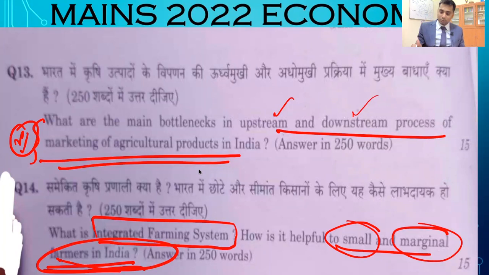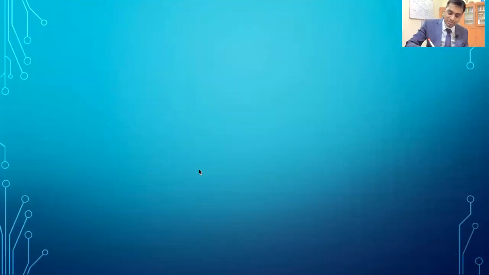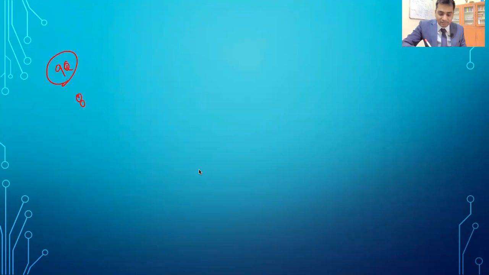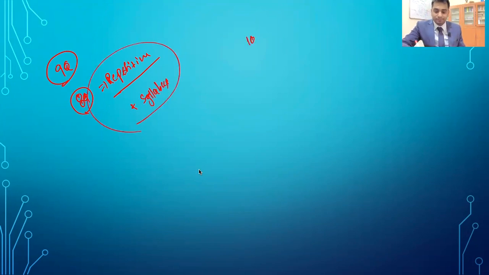Which means now they have asked 9 questions this year, not 10 questions. In these 9 questions, 8 are repetitive questions, very easy questions. And why is it easy? It is repetitive in one sense, and in the second sense, they are directly from the syllabus component. Directly, they have been lifted from the syllabus. And this is the beauty of the 10 questions in economy.